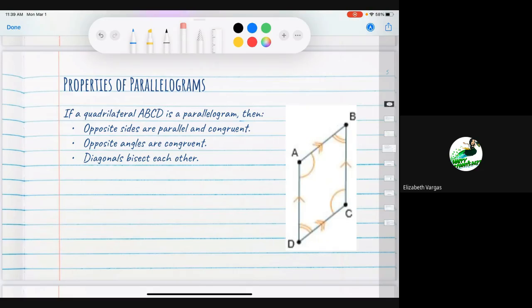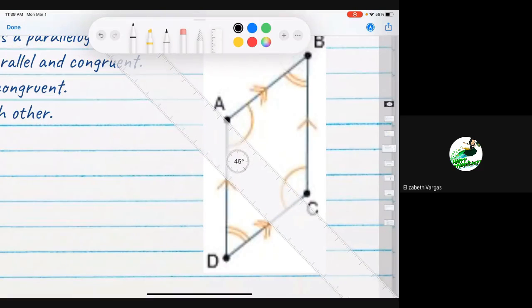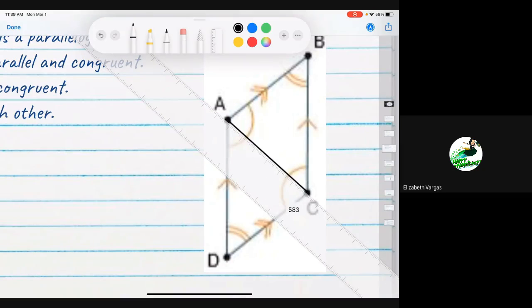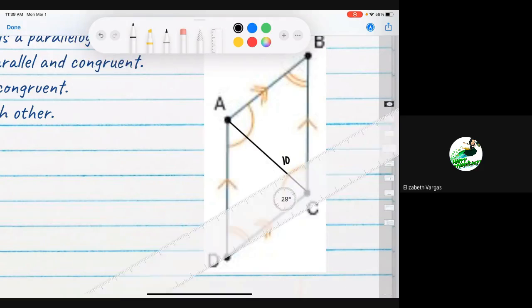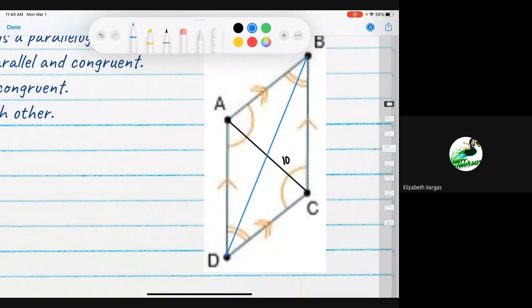And then lastly, that diagonals bisect each other. So for example, let me say that I have a pre-existing diagonal right here. And say that I'm told that the entire length of that diagonal is equal to 10 degrees. I mean 10 units. Well, basically, what this criteria is telling me is that the other diagonal must bisect that existing diagonal into two congruent halves, making,